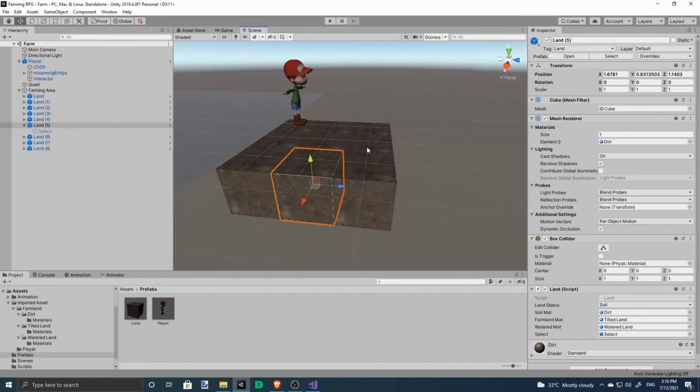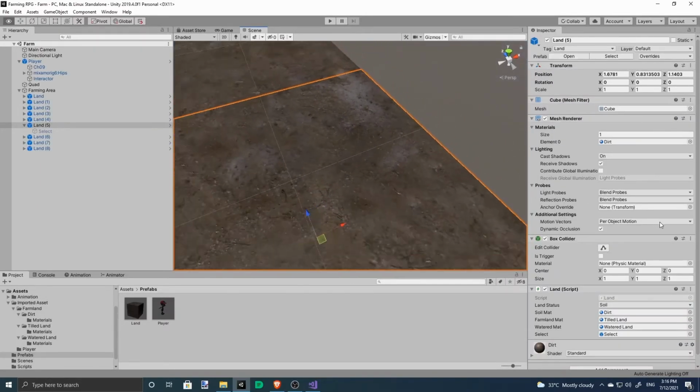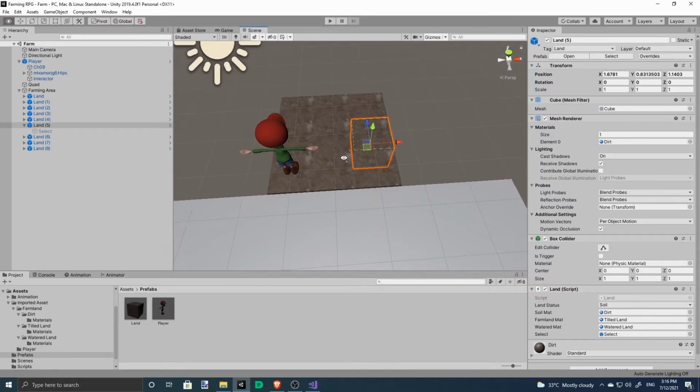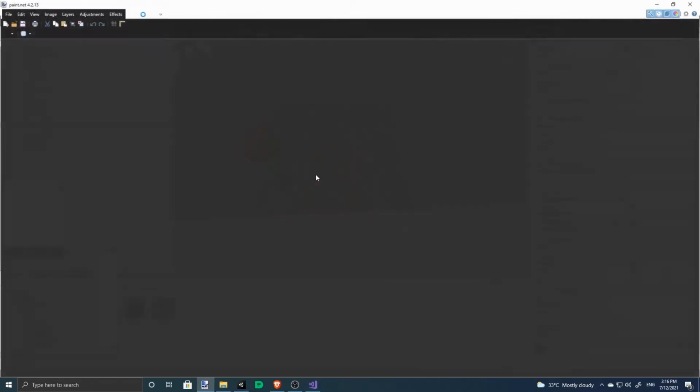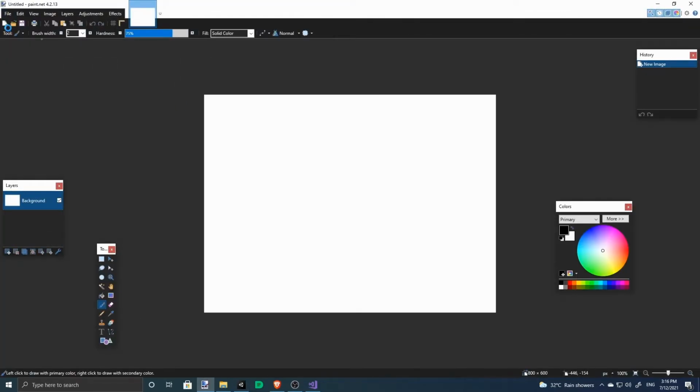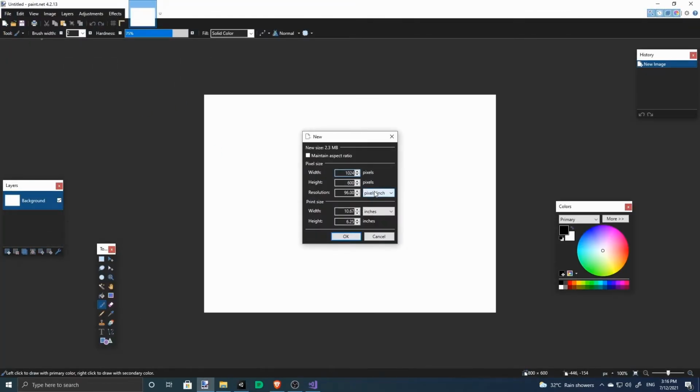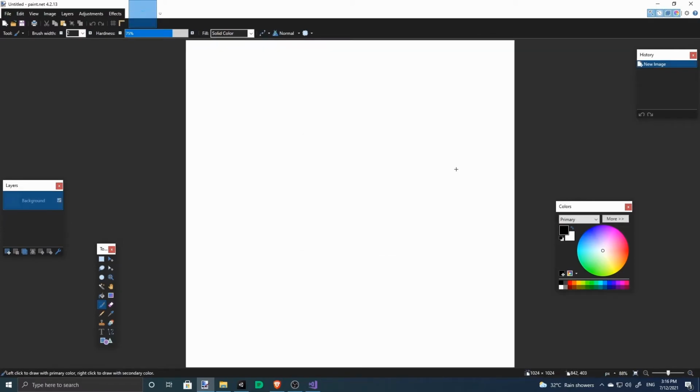So to improve our selection UI, let's open an image editor and create a new file. It can be Photoshop or any free image editing software that supports transparency, really.